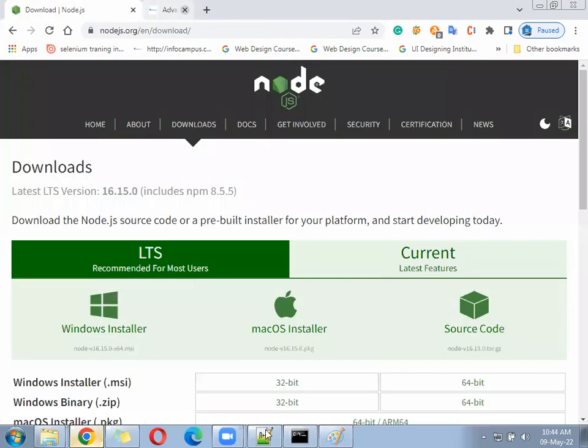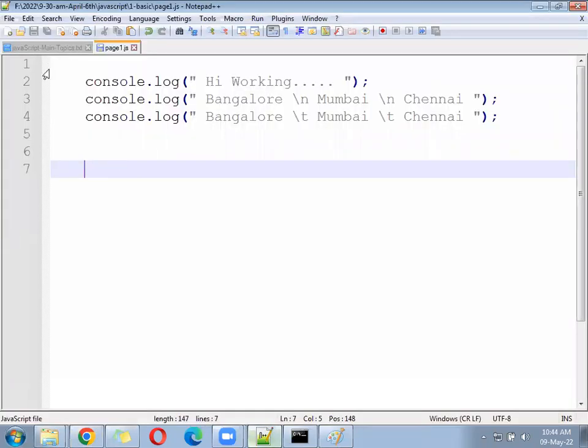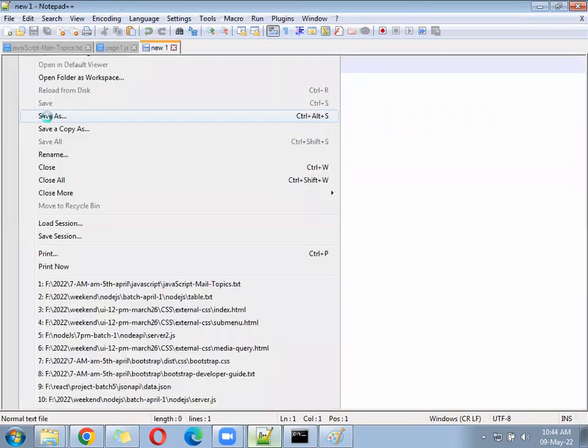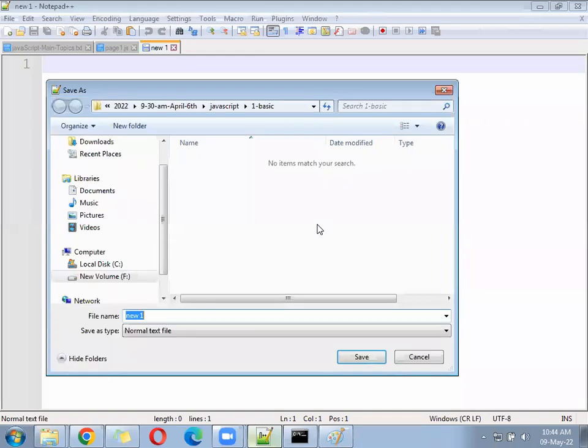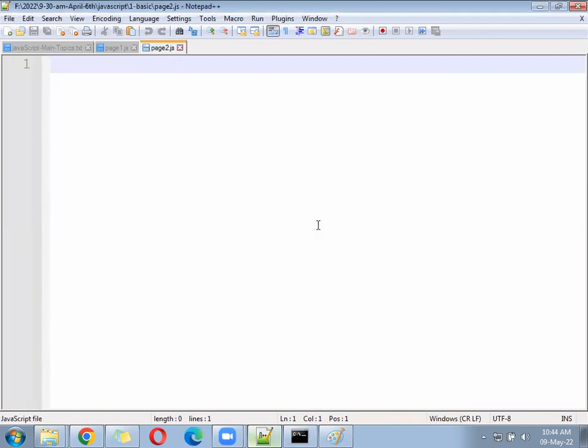Come, go to the folder now. Create the next file, Page2.js. Under the page2.js file,